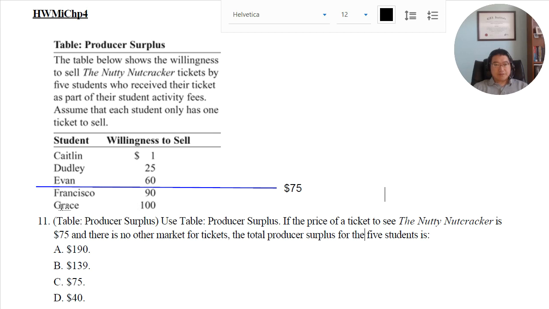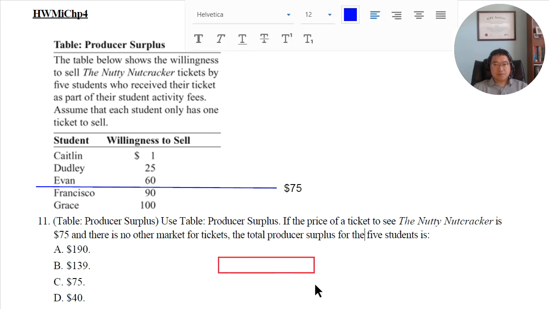For F and G, Francisco and Grace, these two students, their willingness to sell, they want to ask for $90 for their ticket, but obviously the market doesn't give them that. Same thing for Grace. Grace wants to ask for $100. She certainly valued the show that much. She can use the ticket to go see the show, right? So, given this market price is $75, what we have,